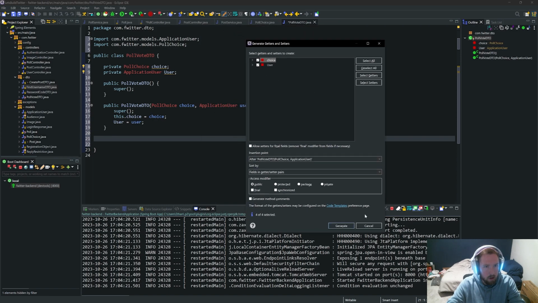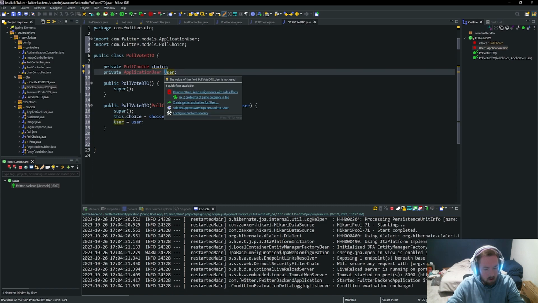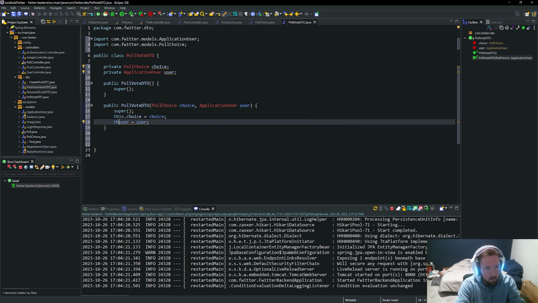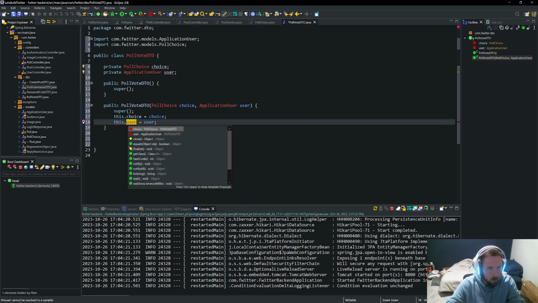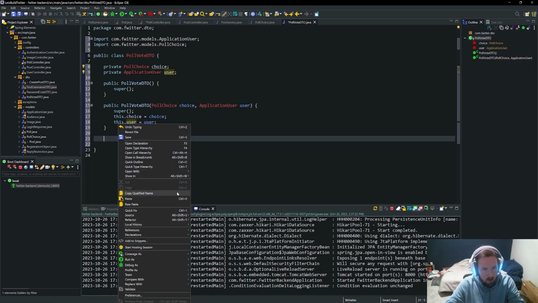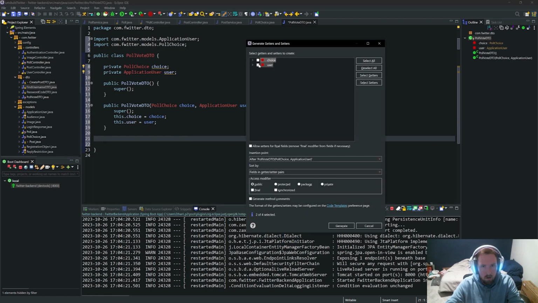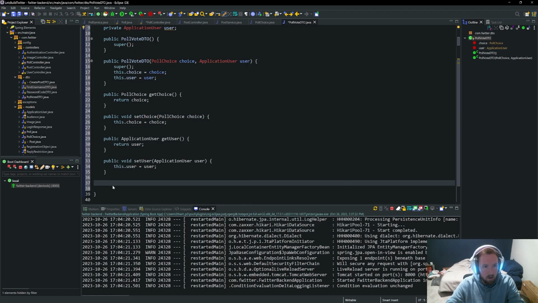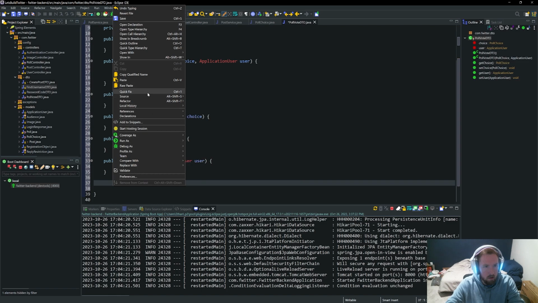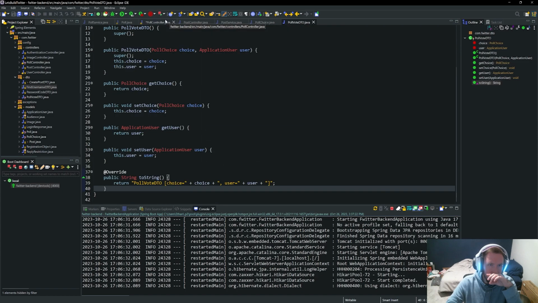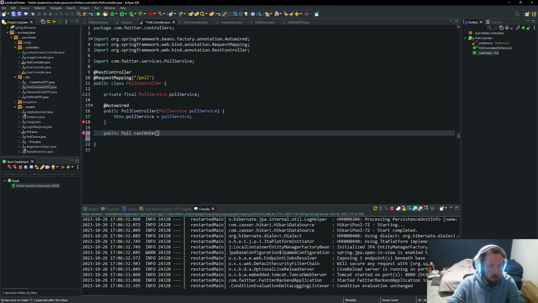Why is user uppercase? Fix this. User. Okay. This dot user. Generate getters and setters. So source and generate getters and setters. Finally, source and then generate toString. All right, in our poll controller, this will take in a